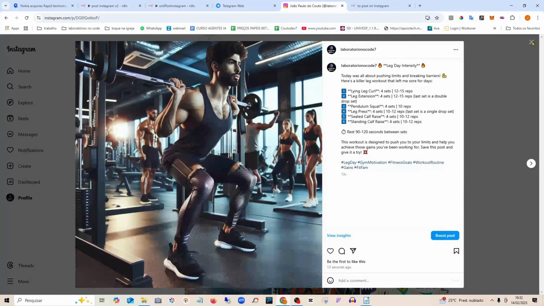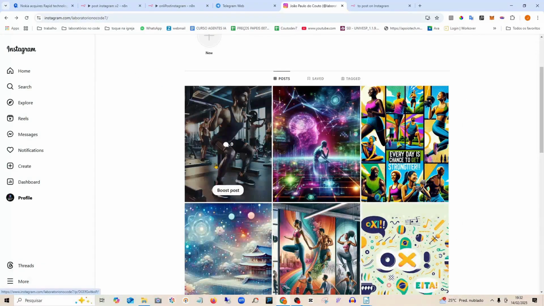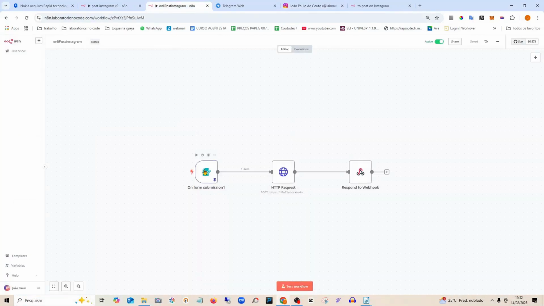So it's a publication automation tool. Here we are using the form. However, you could also use the scheduler to make a post every day. It will depend a lot on how you want to manage it. So we are going to start from scratch here to create from this form, and then we will move on